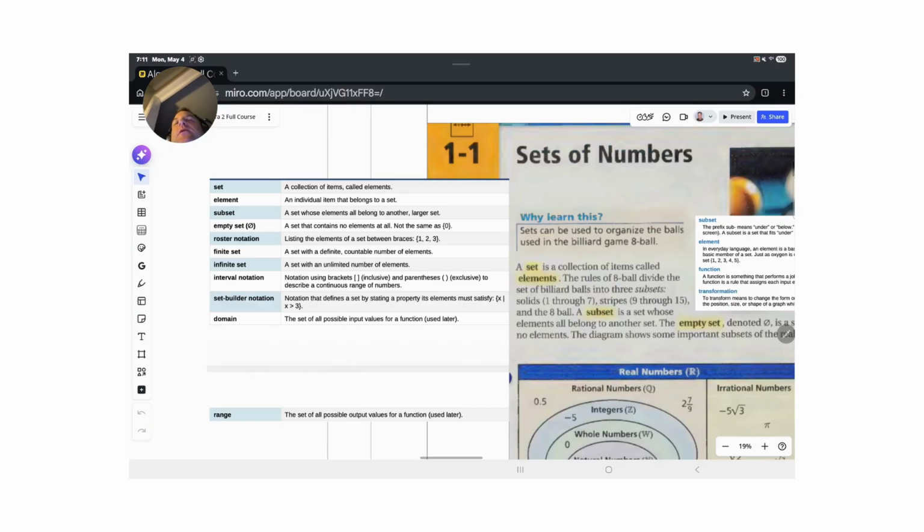Now, in your previous algebra class, before getting to Algebra 2, you've been working with properties of real numbers, simplifying numeric expressions using order of operations, exponents, and using variables, expressions, and equations to represent real-world situations. In this chapter, the first of Algebra 2, we're going to be using sets of numbers and their properties. We'll be simplifying algebraic expressions and expressions with exponents, and we'll be using functions and their graphs to represent real-world